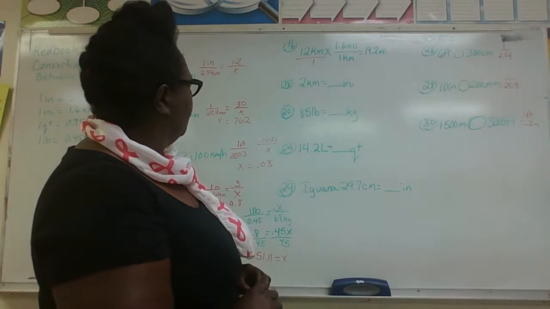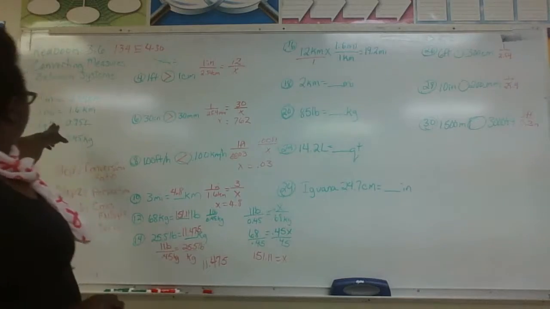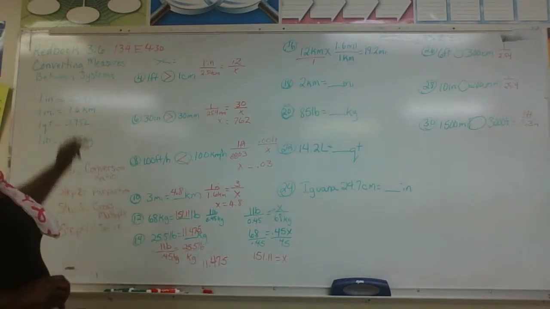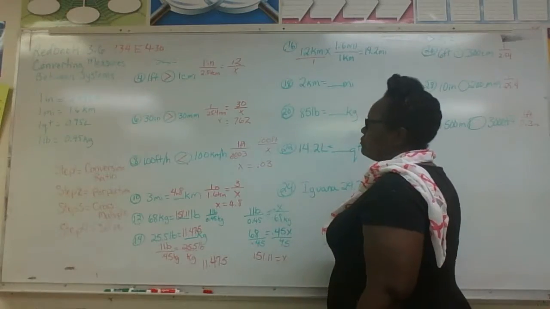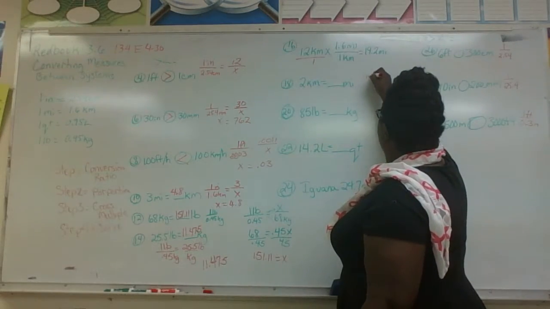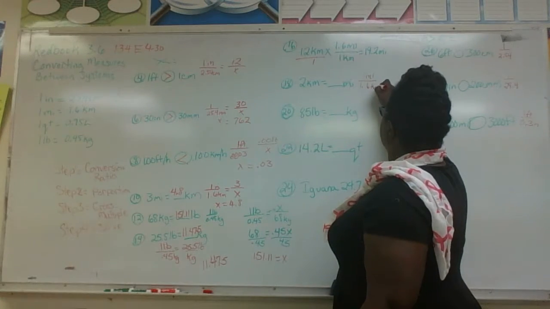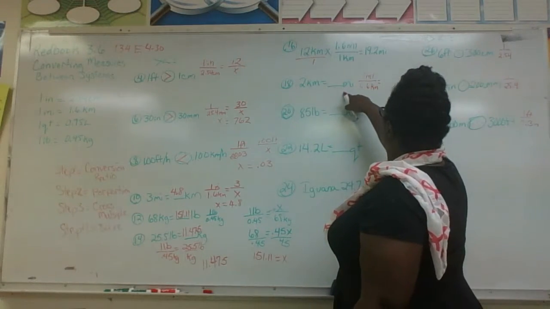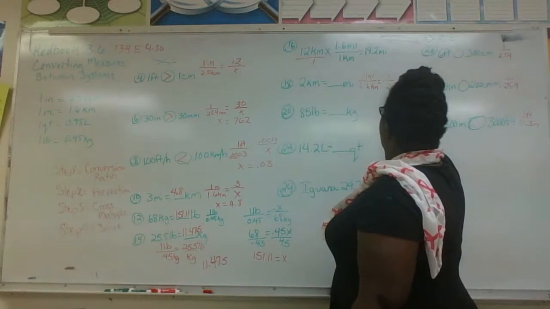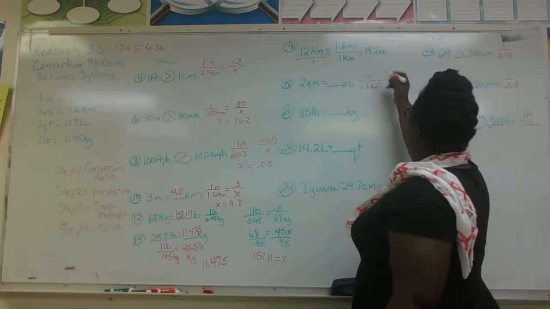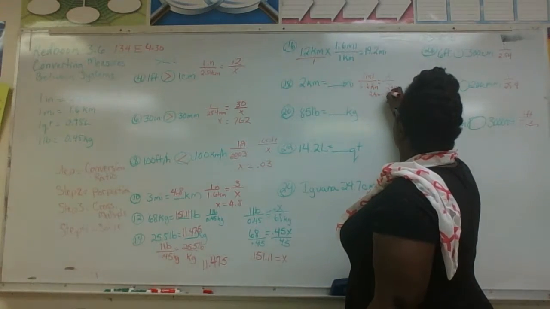Number 18, we have kilometers to miles. And according to our conversion, that is 1 mile to 1.6 kilometers. So then let's set it up. If we have 1 mile to 1.6 kilometers. Then in this case, we don't know the miles, but we do know we have 2 kilometers. Okay, so we would cross cancel so that 2 kilometers is equal to 1.6